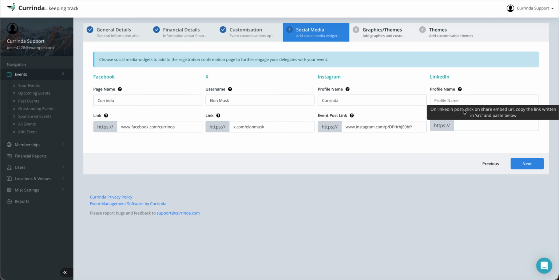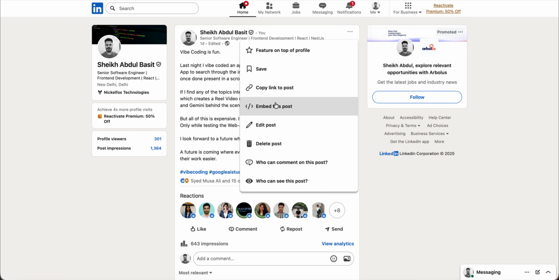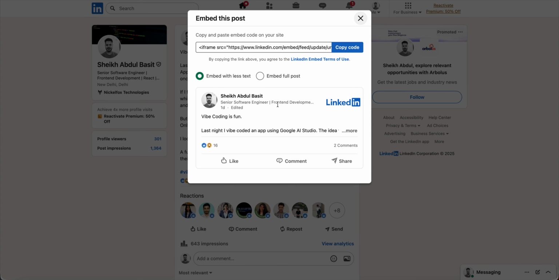And then for the LinkedIn, it's a little tricky. You can see the instructions on LinkedIn post. Click on share embed URL, copy the link written in source and paste below. Now I'll show that in action. I've already opened up a post. I'll click on the three dots here, and then you can see this option of embed this post. I'll click on embed this post, and then you can see this source is equal to this link. Now I'll copy this link,